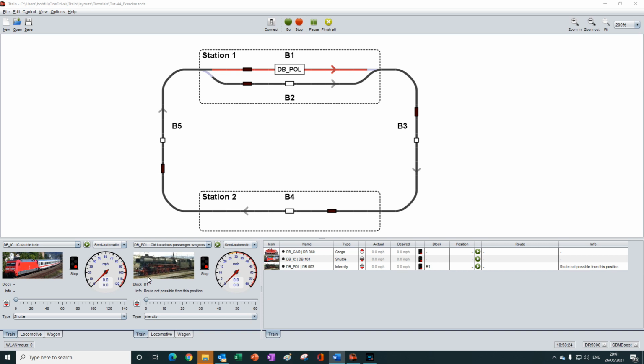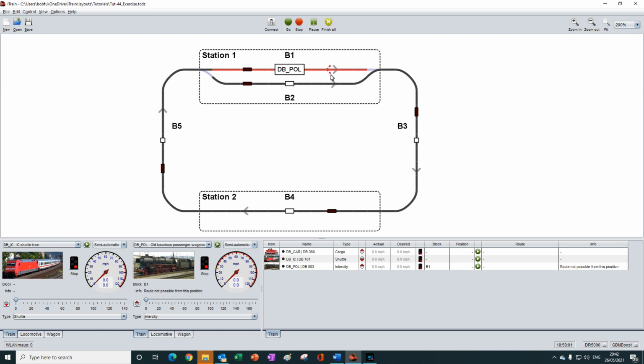When we place a new train onto the layout, we need to ensure that it is in forward gear and then